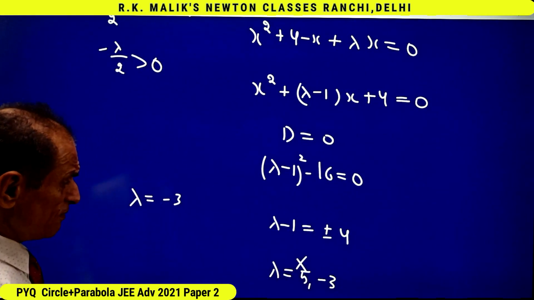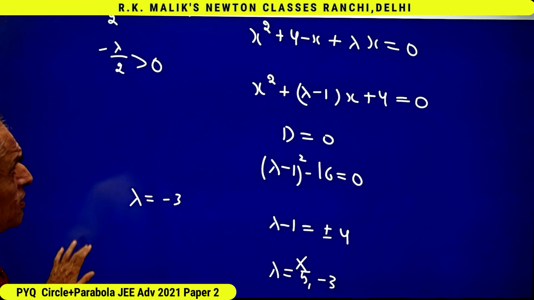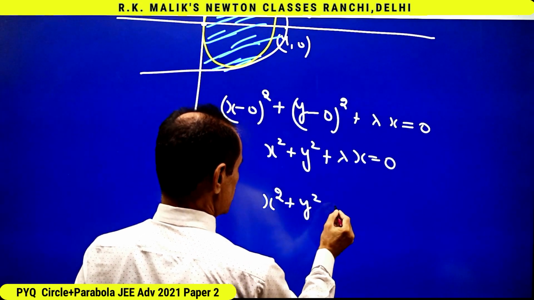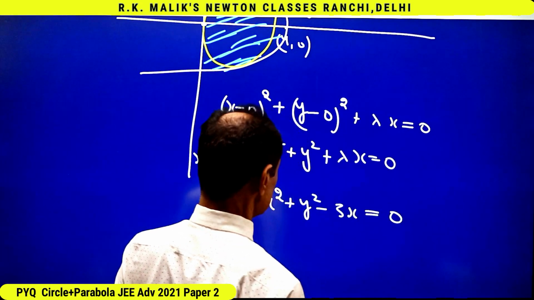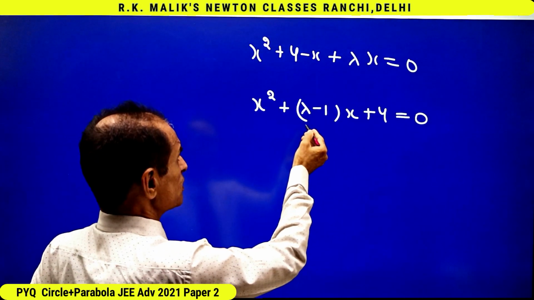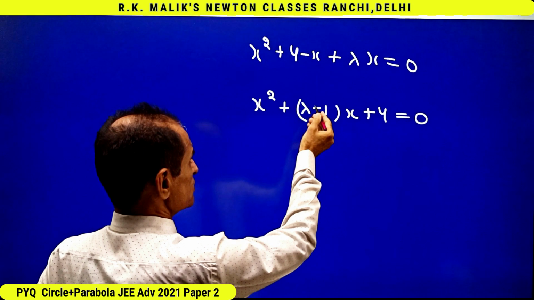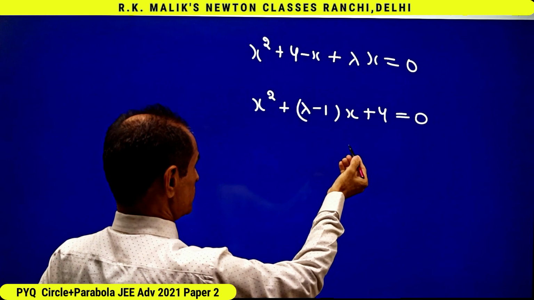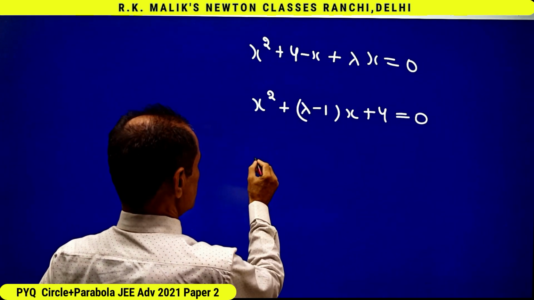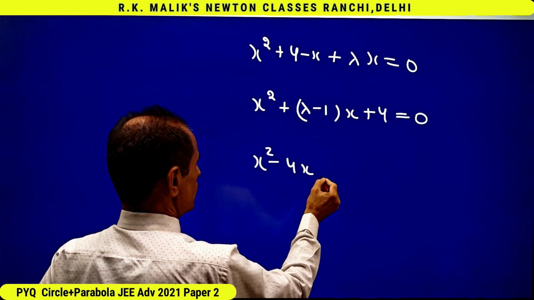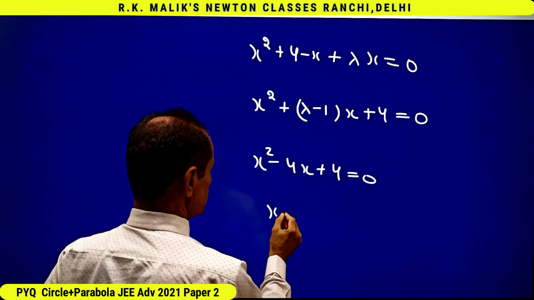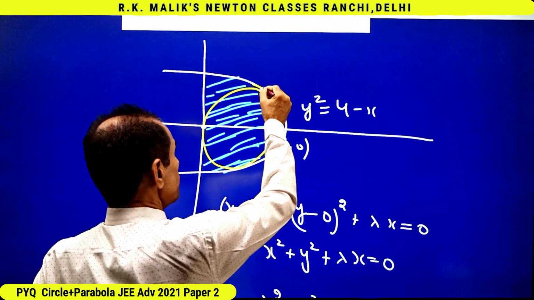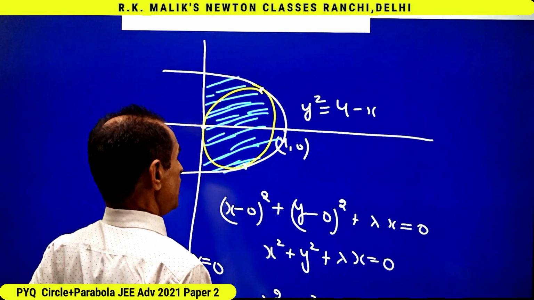5 will be rejected. Hence, for lambda equal to minus 3, I will get the circle x square plus y square minus 3x equal to 0. And now, after putting lambda equal to minus 3, the value of x I will get will give us the coordinate of the point of contact. If lambda is minus 3, I get x square minus 4x plus 4 equal 0. That is x equal to 2. That is, I can say the point of contact has coordinates